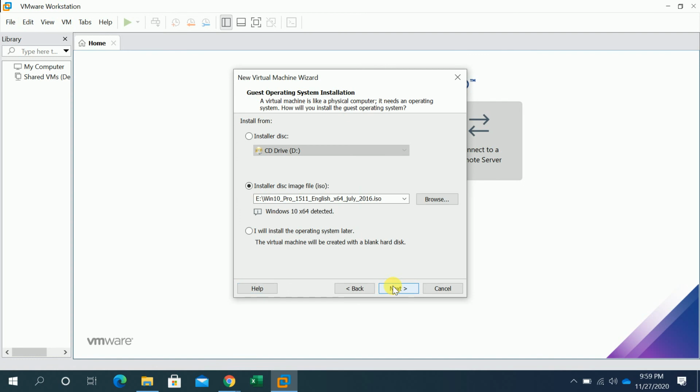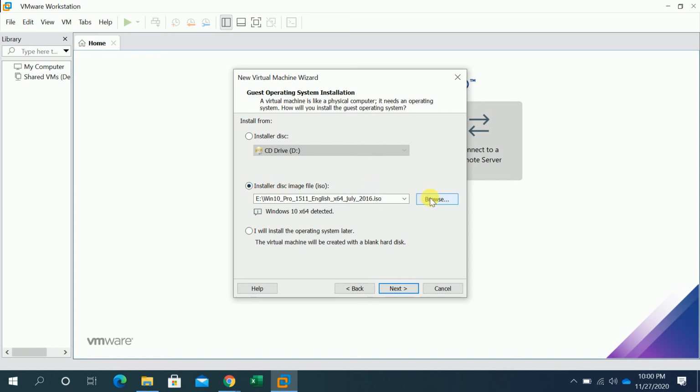Here, if you have any installation CD, DVD, or USB, you can select it here. If you have an ISO file on your laptop, you click here on installer disk image file.